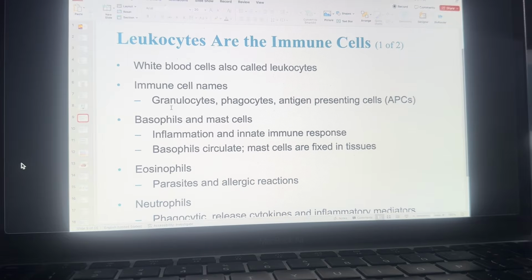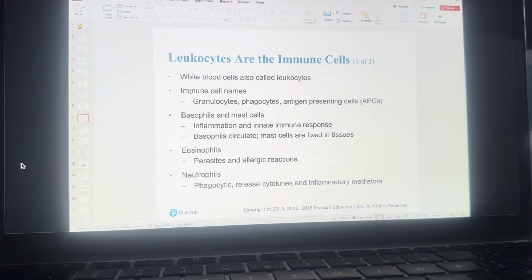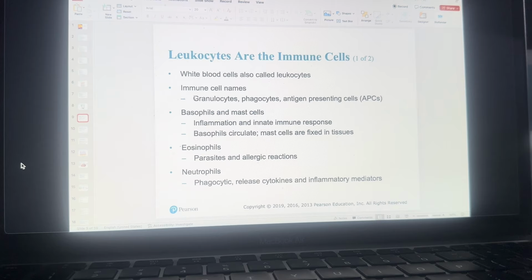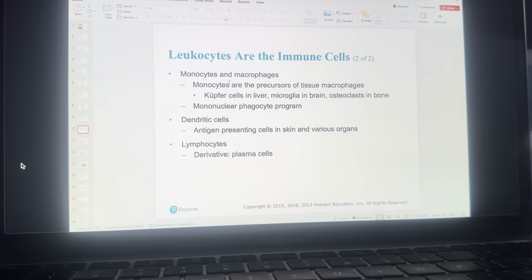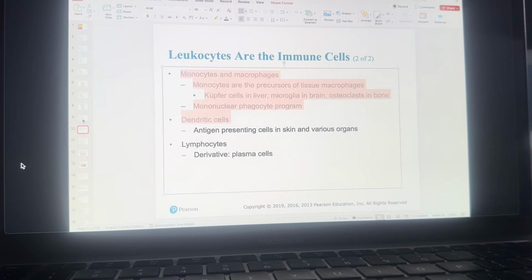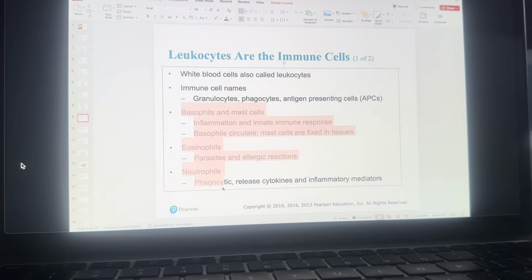Leukocytes are the immune cells, so white blood cells that we generally call white blood cells. They include granulocytes, phagocytes, and antigen-presenting cells, right? And those specific cell names are basophils, eosinophils, and neutrophils. Okay, so I need you to know these names and their function, okay? We also have monocytes and macrophages, right? Dendritic cells. And so far, all of these cells that I named function in your